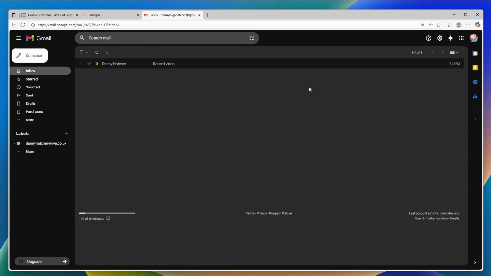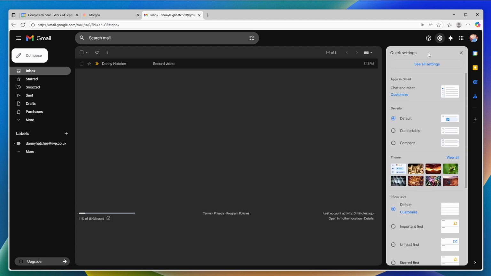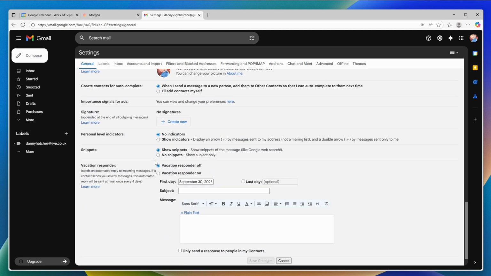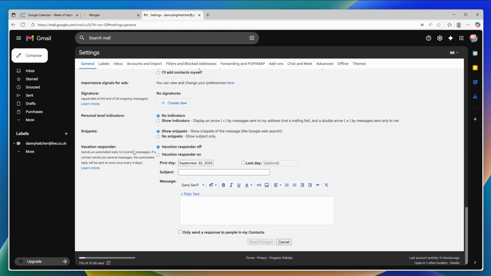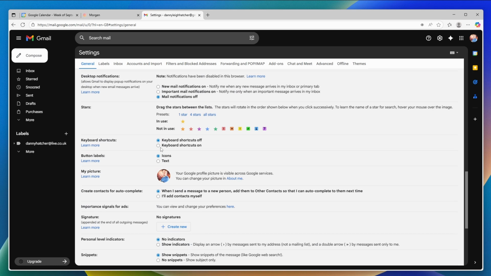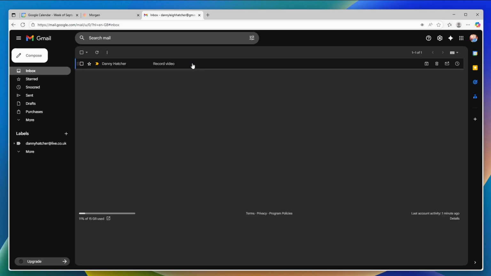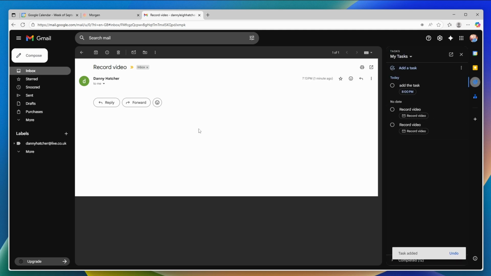Now, if you don't have hotkeys enabled in Google Mail, you can go to Settings, see your settings, scroll down inside of General, and you should see, there it is, keyboard shortcuts. I'm going to keyboard shortcuts, turn them on. And now that I've turned them on, when I click into the email, push Shift-T, it now adds this email